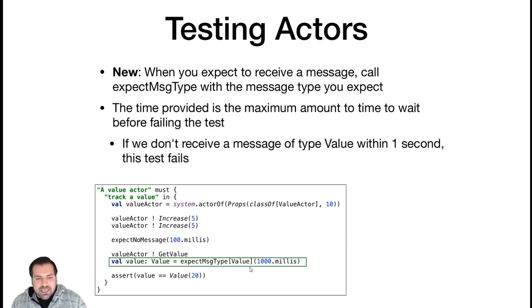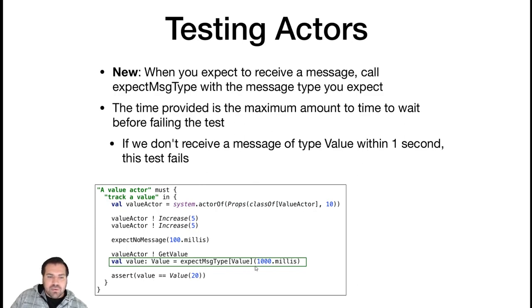If we receive a message that's not of type value within a second, it's also going to fail the test. We got the wrong message type. Not going to do it. We can't work with that. If we receive a message of type value before 1 second, we're going to return that object of a case class type. I'll call it a message for consistency. This will return that message, and then we'll move on to the next line of code